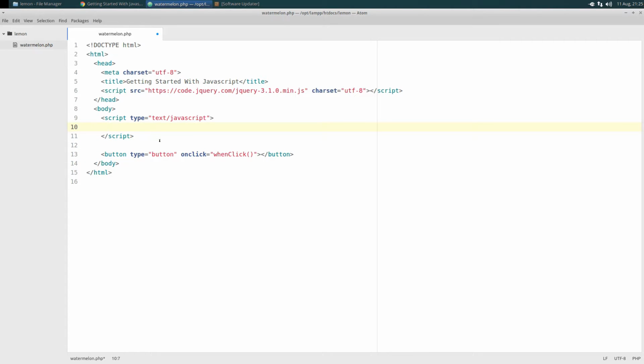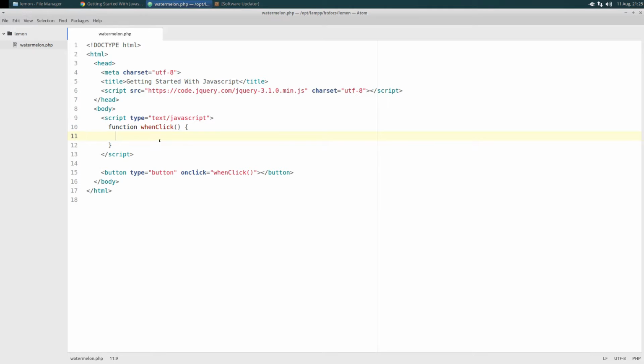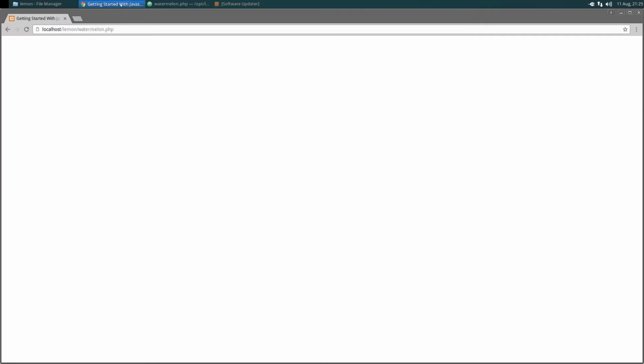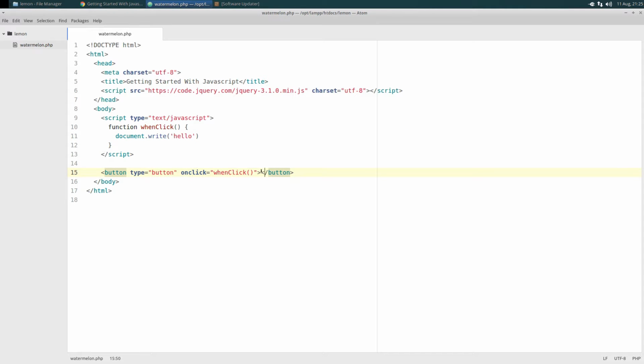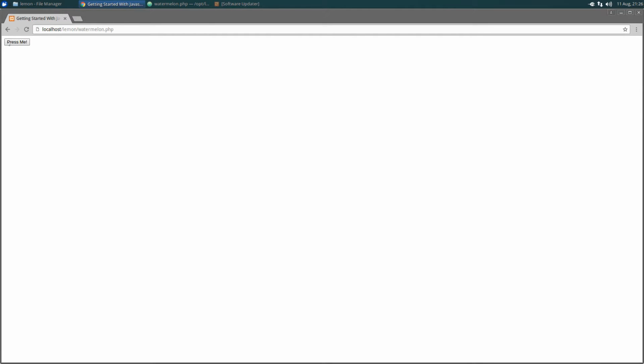So now here we'll declare a function, and this will be when click. And down here what we will do is when click we'll just do document dot write, and we'll do just a simple hello, okay? So document dot write hello. Okay, so now let's refresh and we have our button. We should probably put something inside of it, so something like press me, and put an exclamation mark in there because why not? And when we refresh this, we have our press me button,